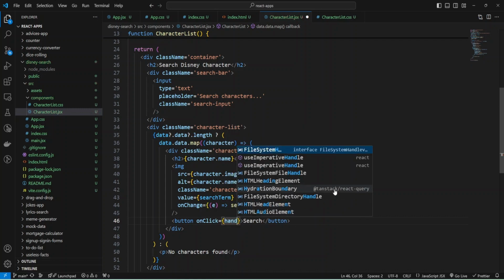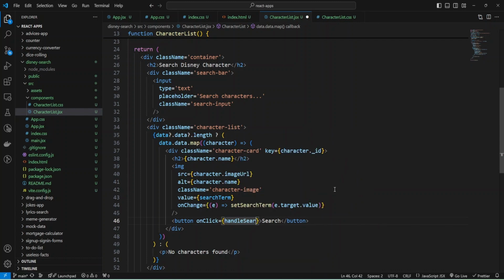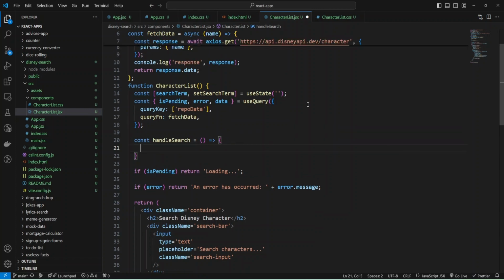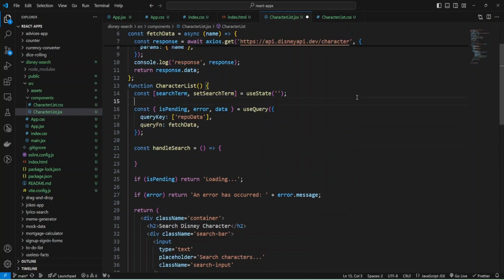Let's add handle search function, and it will be arrow function const handle search. And when we press on the button, I'm going to set, let's add also state variable with useState and empty string.